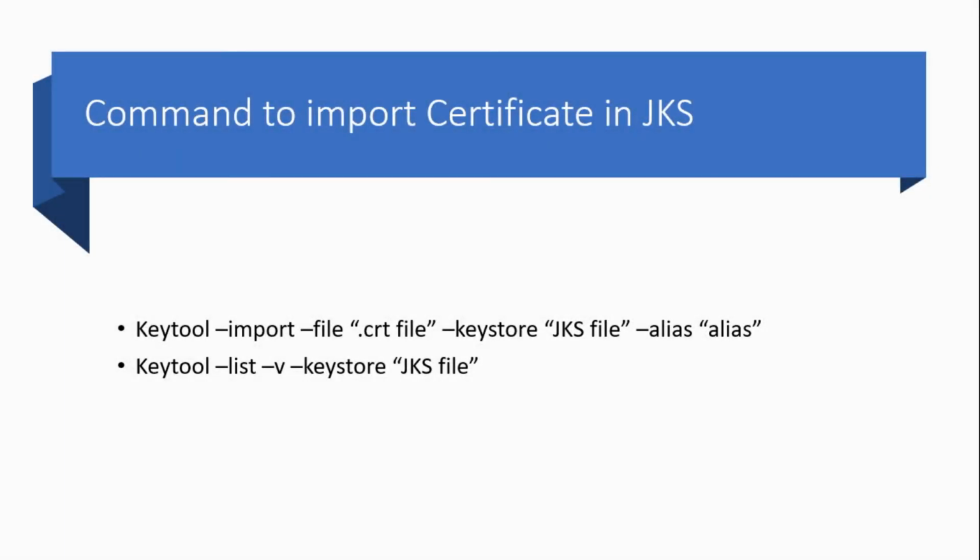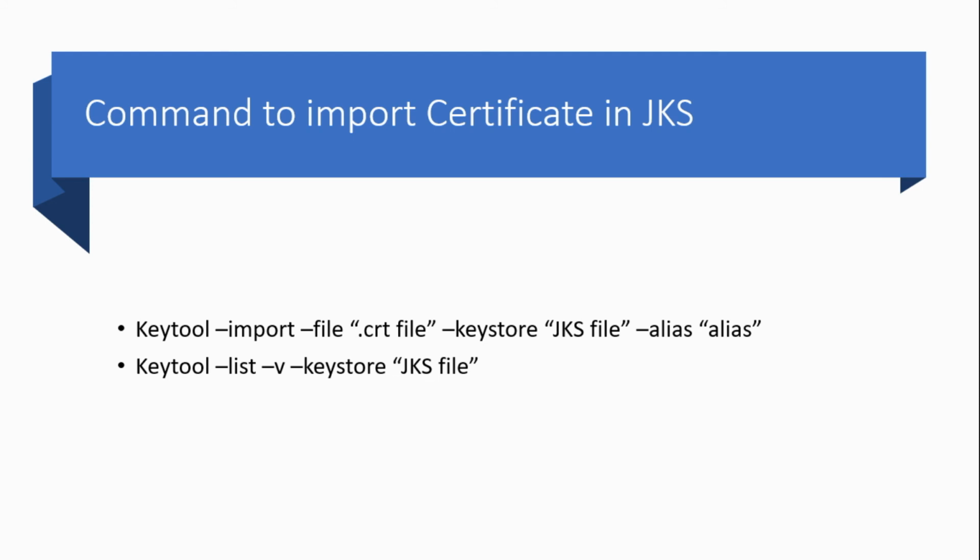This is the command to import a certificate in JKS. We use keytool with a few options. -import to import the certificate, -file, the certificate file that needs to be imported, -keystore, the JKS file in which the certificate would be imported, and -alias, which is the alias by which the certificate would be found in the keystore. There are a few other parameters that can also be passed along with this keytool, like -storepass